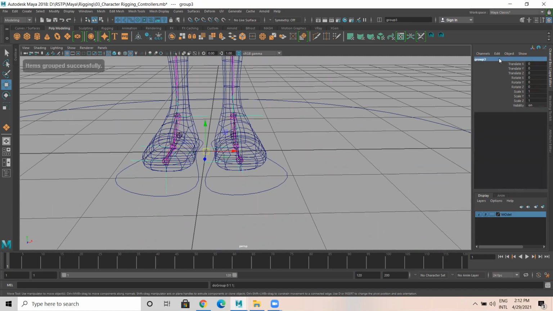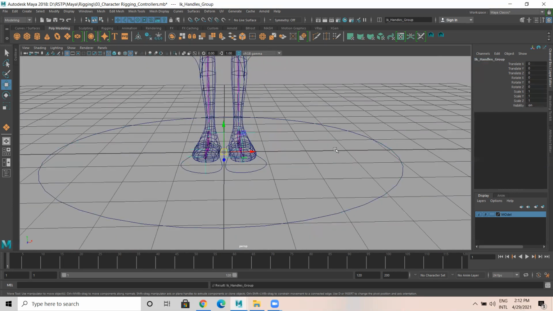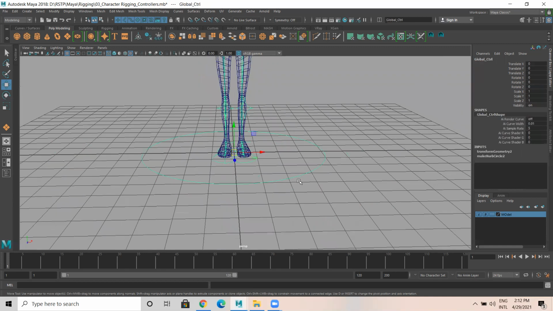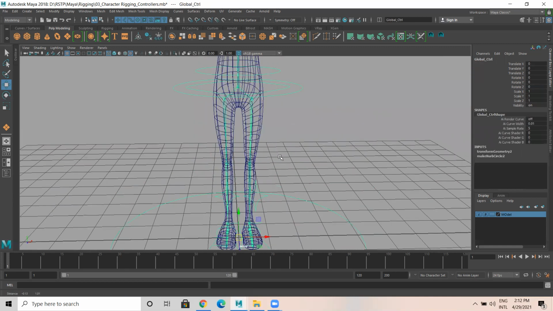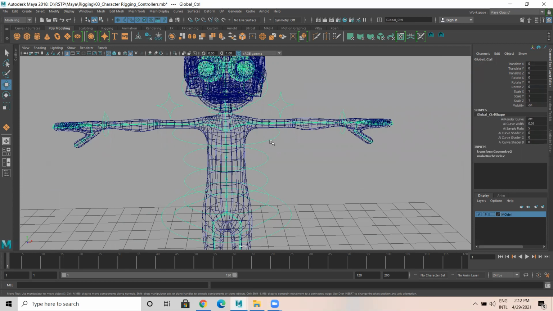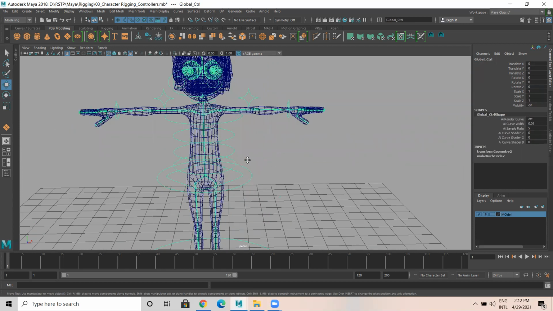You need to group this as IK handles group. So the IK handles group should be a child of this one, P. So I'm selecting this. Now everything, including the IK handles, should look green in color. So that means it's done.